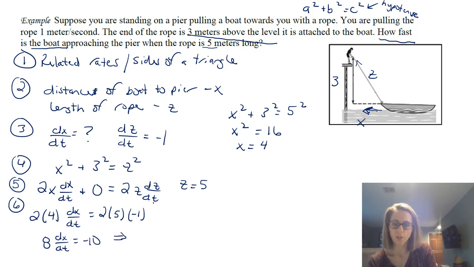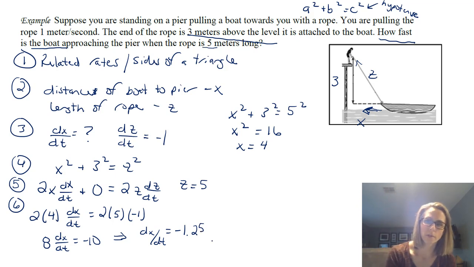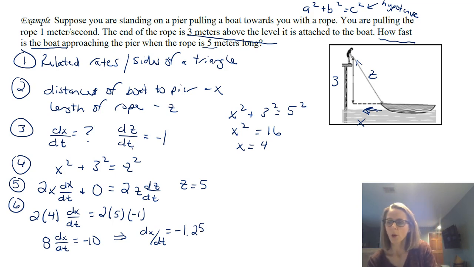And so just by doing division there, we're going to have dx/dt equals -10/8, which is -5/4, which is -1.25. So I write that as a decimal just to make a little more sense in the context of the problem, but what it tells us is that